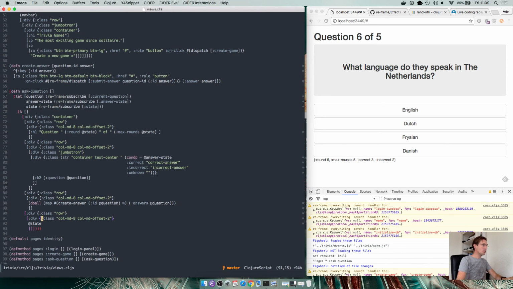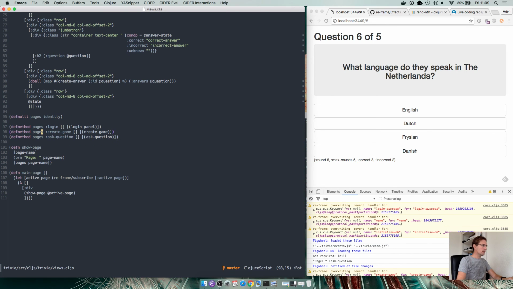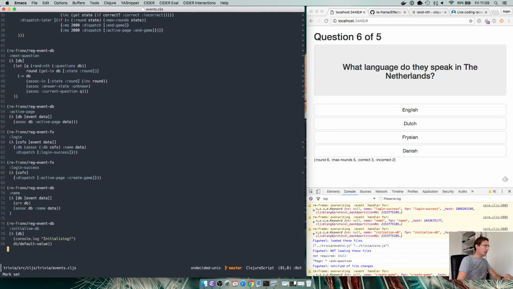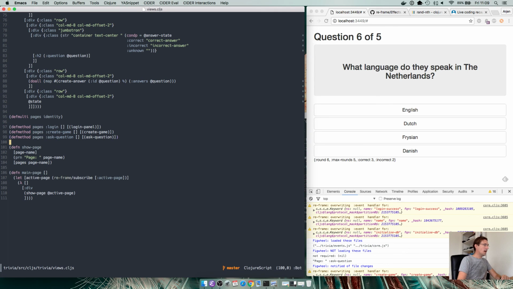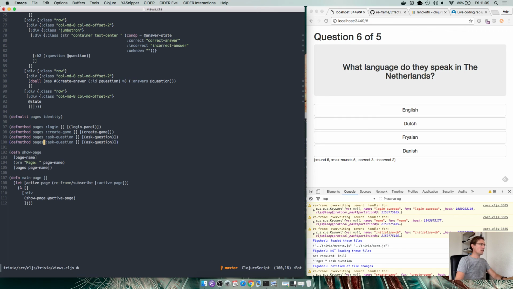So if we go to views, active page, if you remember, active page will associate within the database the active page key to whatever it is given, and the active page is actually wrapped in our main page, which subscribes to it. So whenever the active page is changed, it will call show page. Show page will print out this ask thingy here, and then go to pages page, and then here we'll call the def method pages, and we say end game, and we will